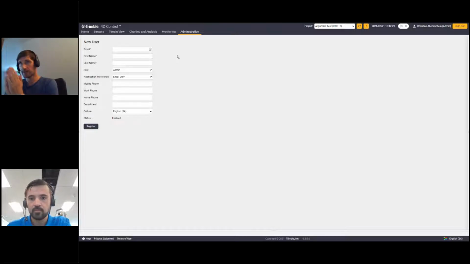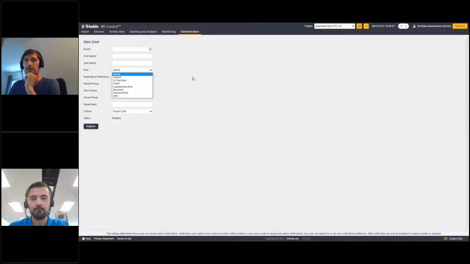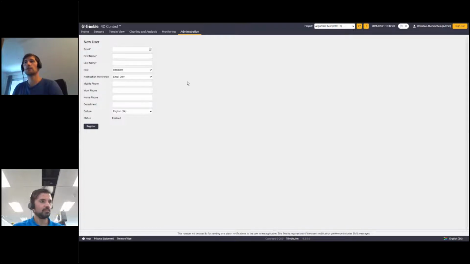So the reason why I'm in the accounts page is because I would like to show you another new feature of T4D. We have introduced a new user role, which is called recipient. And what is this new user role about? So the recipient user role allows you to get reports without the need to accept any invite for T4D Web,